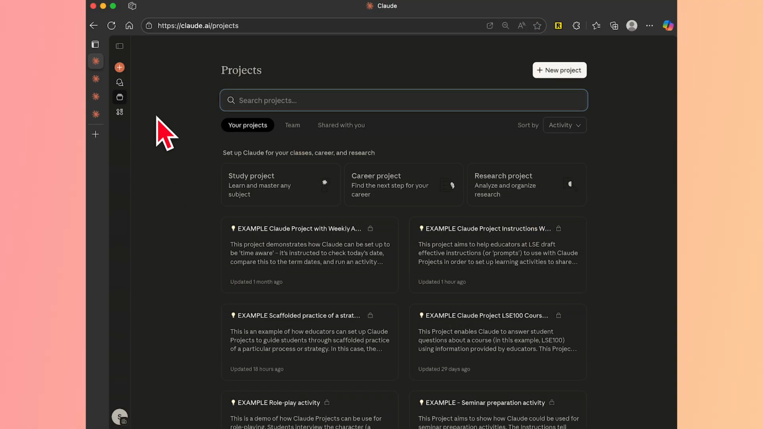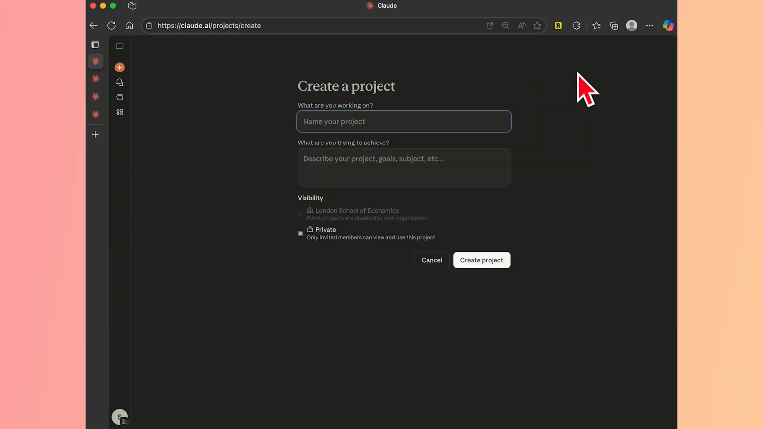Here you'll see all the projects that you've already created and also any projects that have been shared with you. To create a new project, go to the New Project button at the top right. Give your new project a name